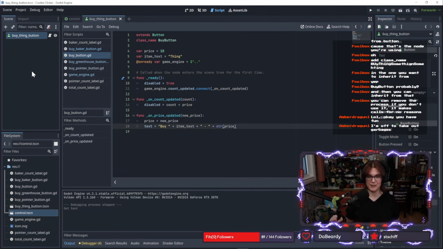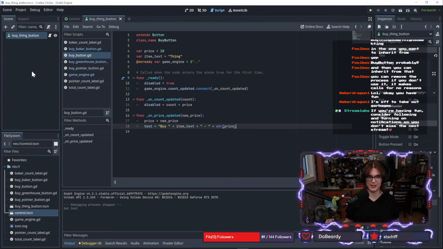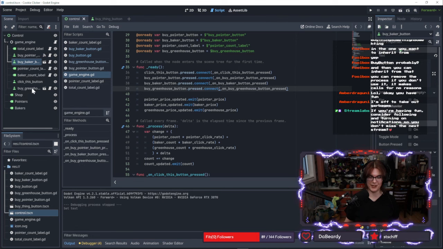I think I might have to remake my baker button, because I think this has just become the buy thing button. Interesting. Okay, I think I've just about got this figured out because the greenhouse button works. So if I remake my baker button and my pointer button,